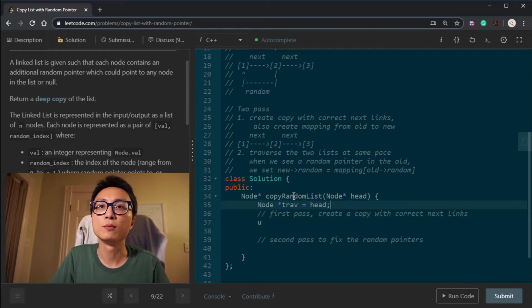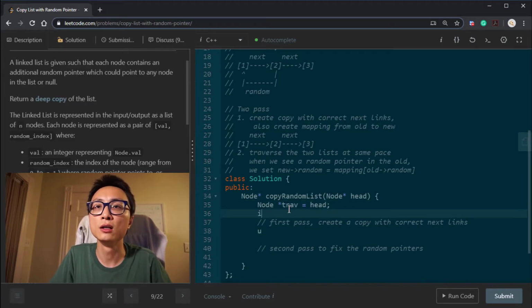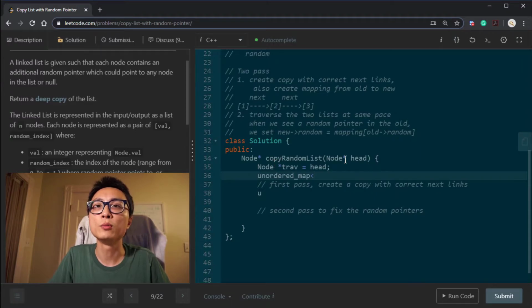Beyond this, we also need a map that keeps track of the pointer mapping. It's okay that we put the pointers as the key and values.